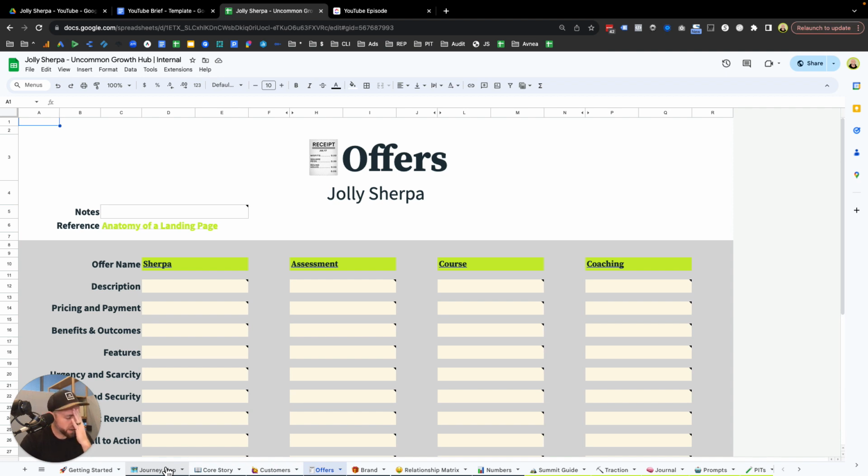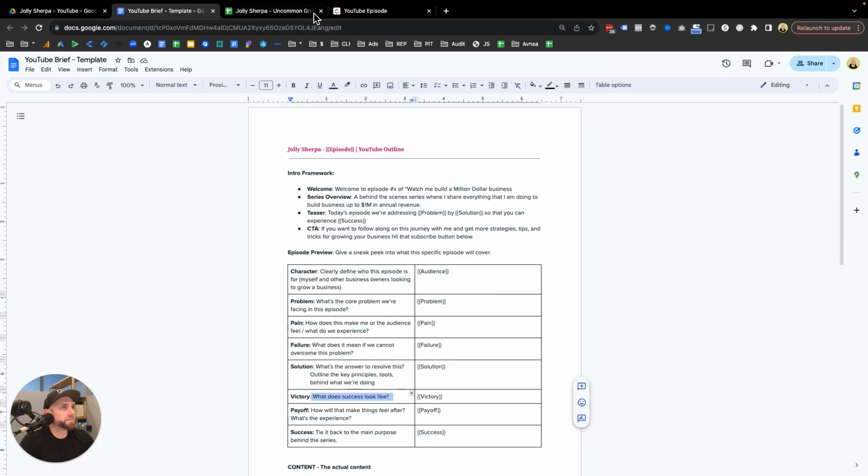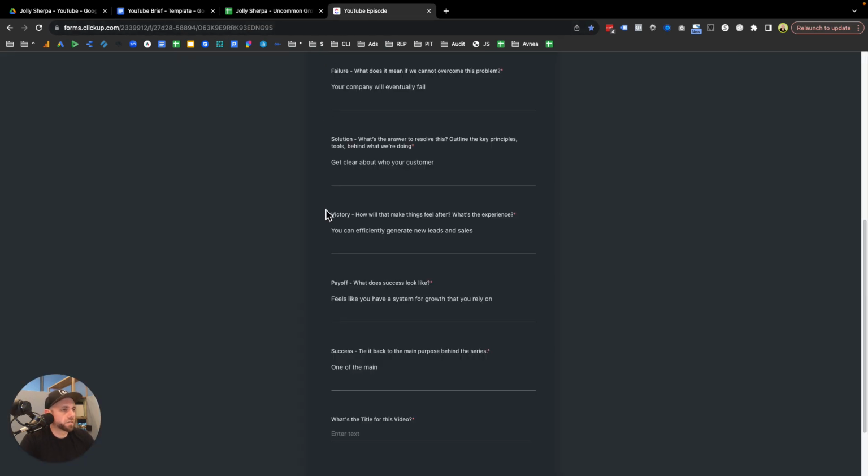I think it's one of the main fundamentals. I just don't know if it's one of 5 or one of 7. I think it's one of 7. We're just gonna say one of 7 growth